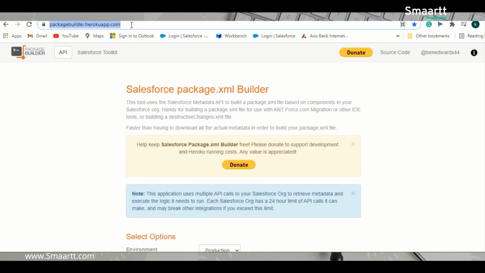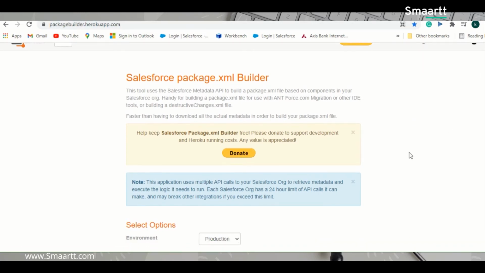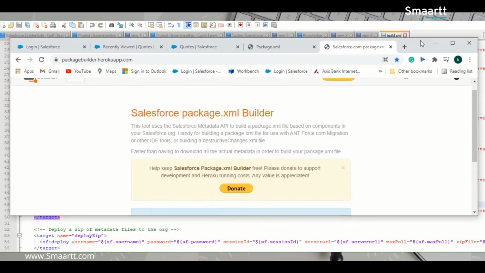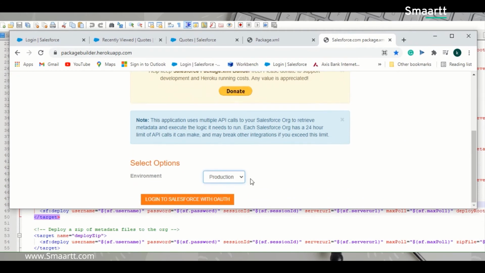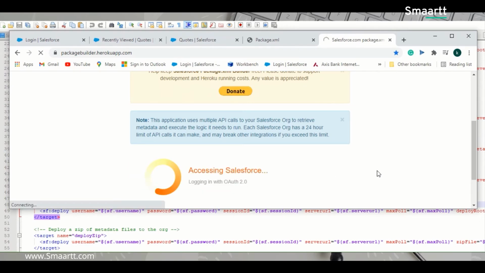This is the URL for the Heroku tool. The Heroku tool will ask which environment you want to log into, production or sandbox. Usually we use a sandbox, so we click on sandbox, then we log into Salesforce using OAuth.